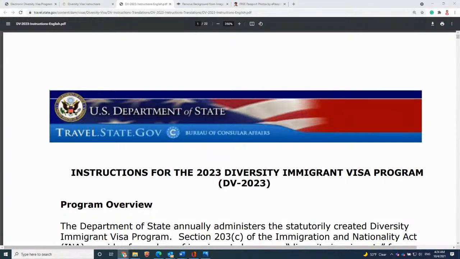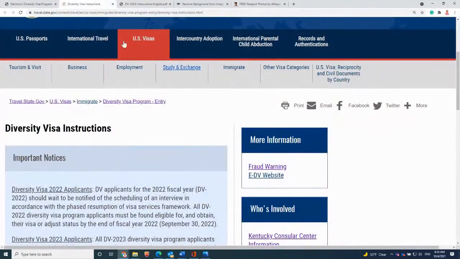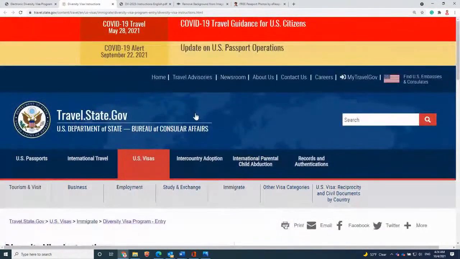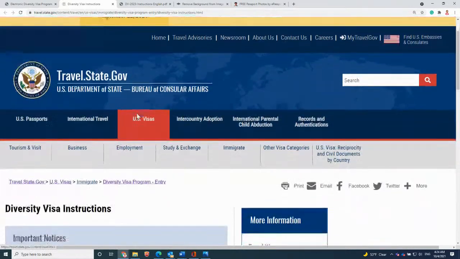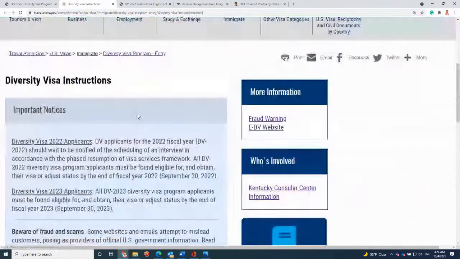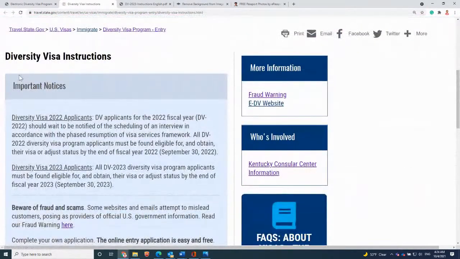So you can see we are going to talk about the instructions for the DV2022, DV2023 Diversity Visa Lottery for 2023, meaning the application dates, because some people are asking where the dates are announced. If you go to this website for the Department of State, Bureau of Consular Affairs, travel.state.gov,